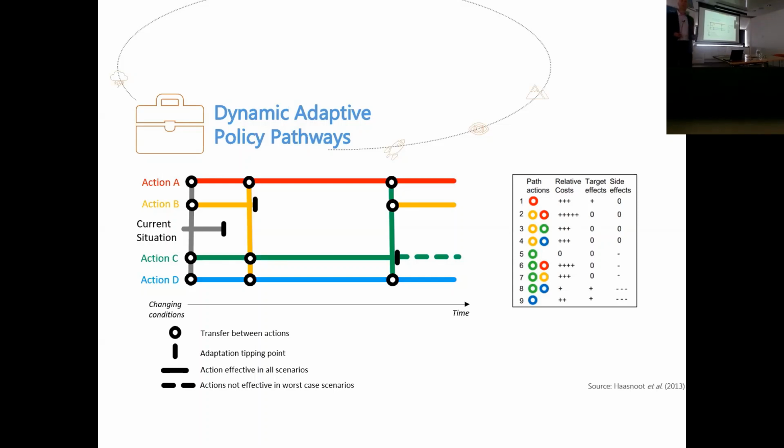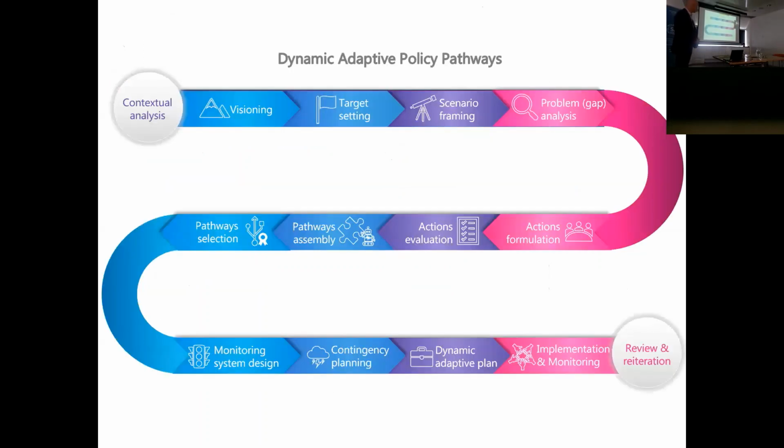So it's a really complex decision context, and it's one that science can help with when working with local communities to identify that context, and identify the solutions that are of potential. And this is how we implement that. It's called, we didn't invent it, the dynamic adaptive policy pathways. So there are different stages here. Visioning, so we start with a visioning process with the community. What is it that we want as a community into the future? We set targets,